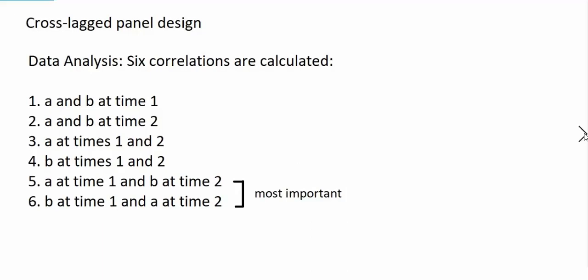And in a cross-lagged panel design, 6 correlations are calculated. So I mentioned that the two variables are A and B. That's what I'm referring to them as. So in a cross-lagged panel design, the researcher calculates the correlation between A and B at time 1, A and B at time 2, A at time 1 and A at time 2, which is basically the correlation between A and itself at 2 different time points,